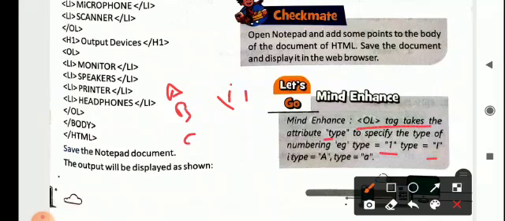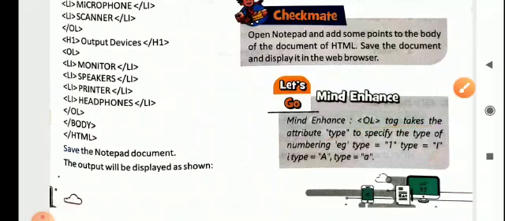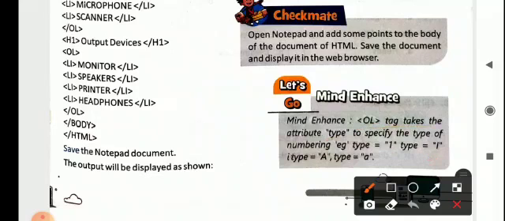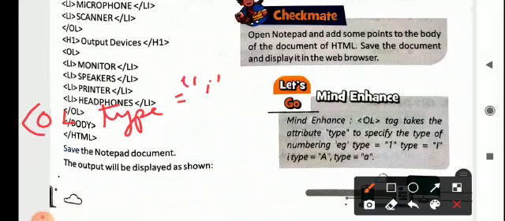I, so it will come in Roman I form. If you have written capital A, so it will come in capital A, B, C, D. In this way numbering will go. And if you have written small letter a, so it will go in that order. Okay, so this way you can practice. And how to write? See, you can write OL, and then you can write type equals to